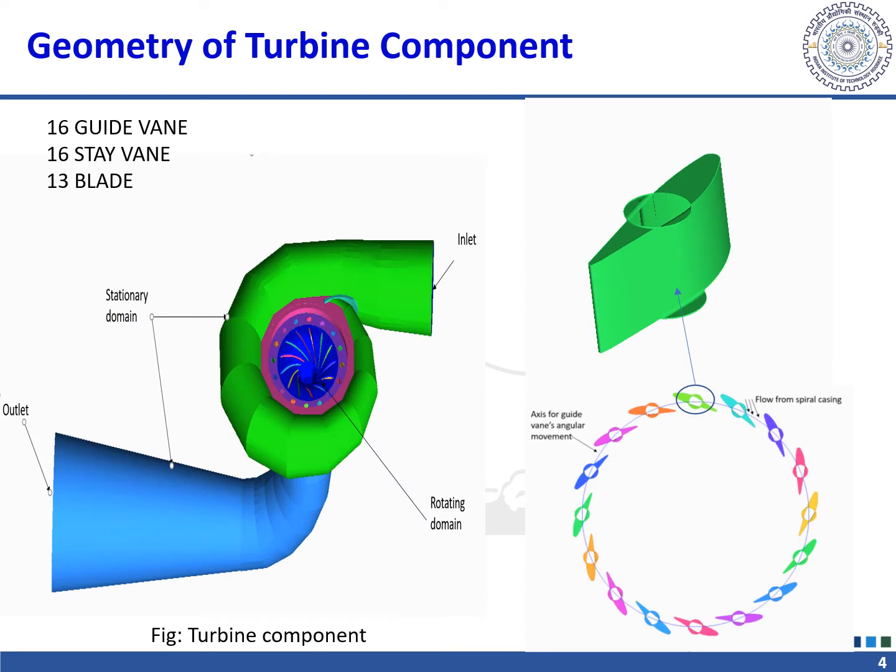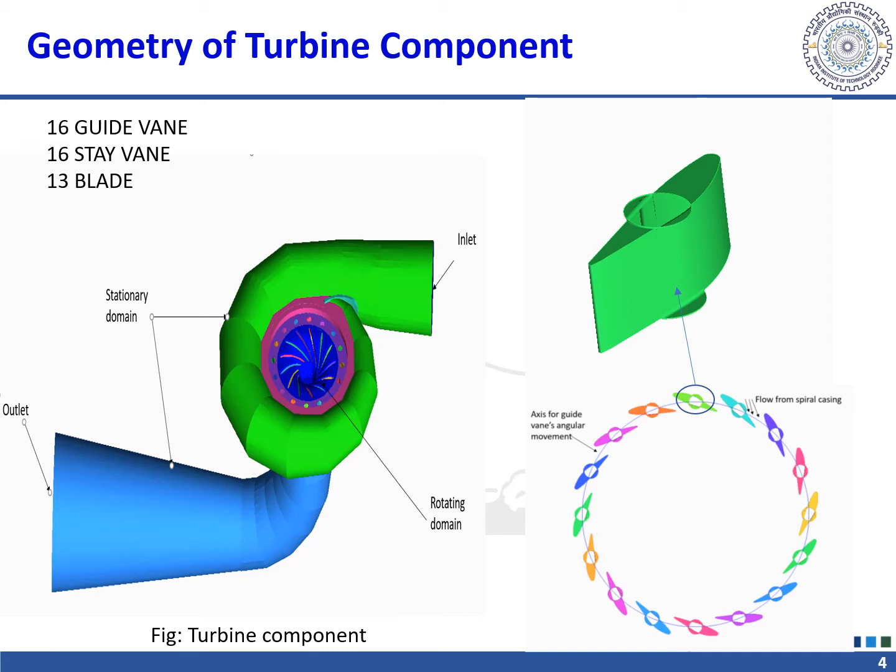To analyze the flow field and performance of the Francis turbine of Bilangana hydropower plant, a numerical model of the prototype Francis turbine is undertaken to perform the simulation under the actual working condition of hydropower. The numerical prototype geometry of Francis turbine was prepared in ICEM CFD. It consists of two stationary domains, draft tube and distributor, and one rotating domain, runner. Total 16 stay vanes, 16 guide vanes, and 13 runner blades were assembled for the simulation.